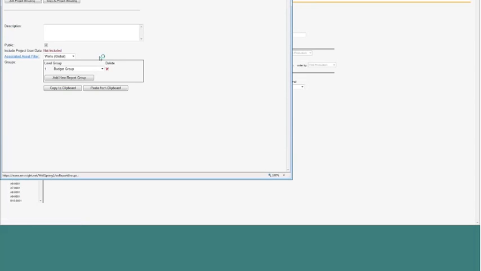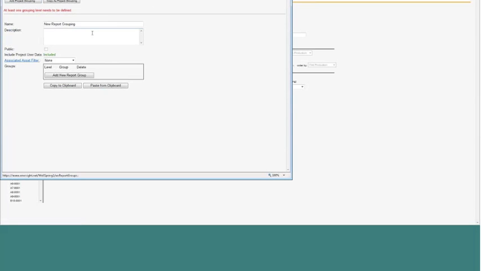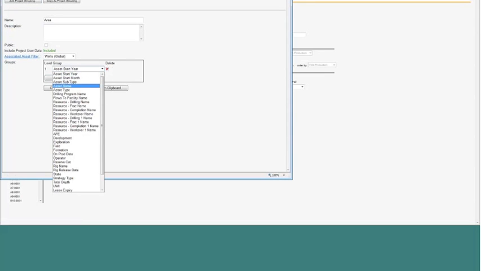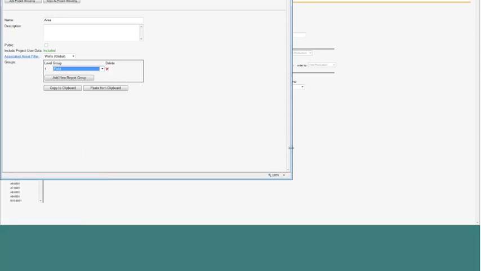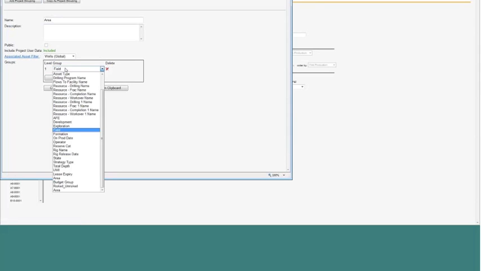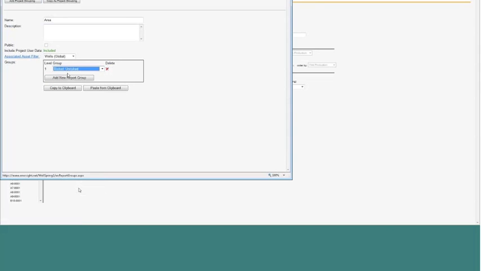click on report groups, and I can add a project grouping, and I'm just going to do a simple grouping by area. So I add a project grouping, and I'm just going to call this area. I then say the asset filter is wells. So I'm filtering by wells, and then I'm going to group these by area, if I can find area. Can't seem to find it. Guess I'm going to group by field. Oh, there we go. Area is all the way at the bottom. All right. So if I update this,